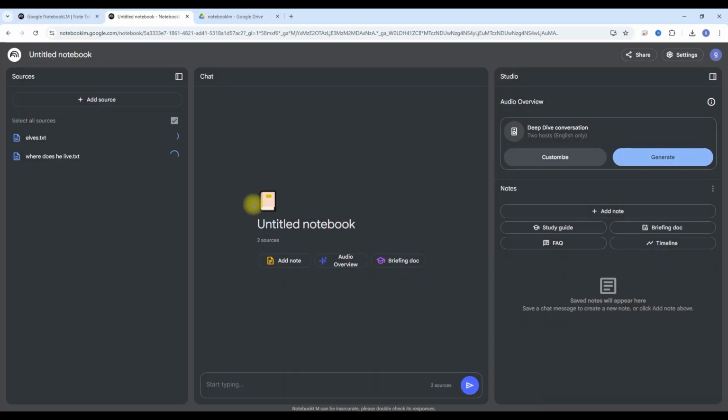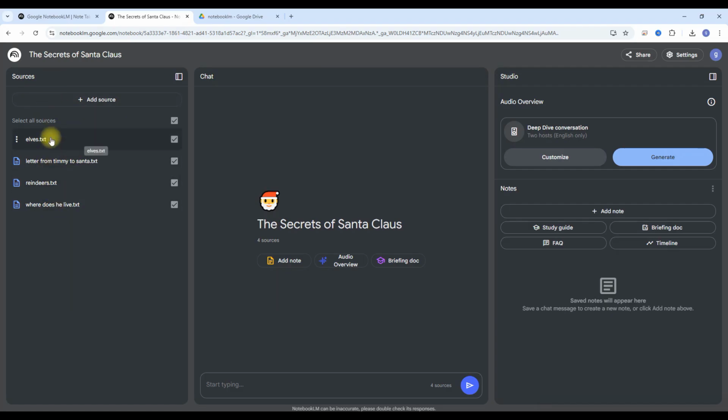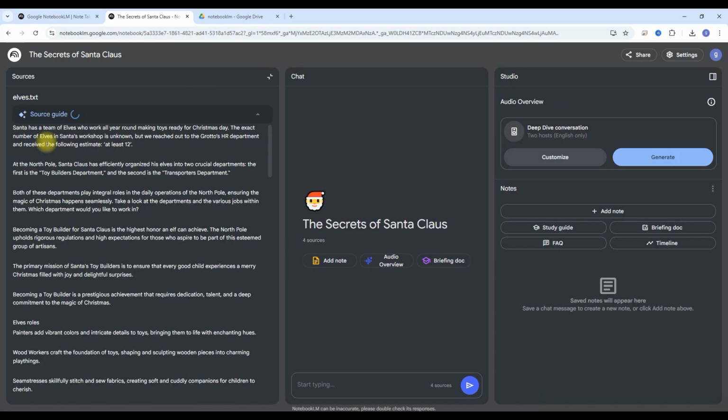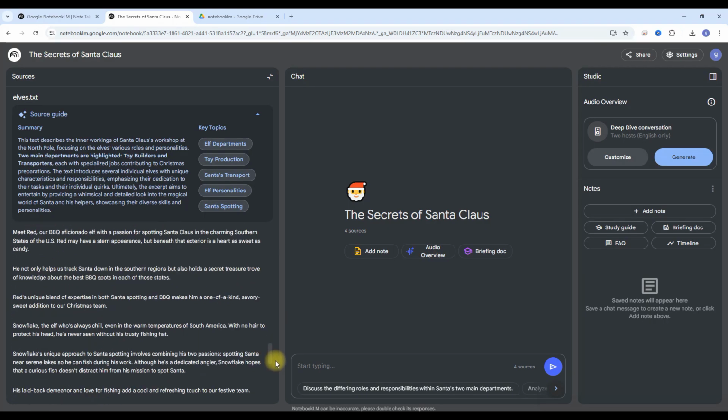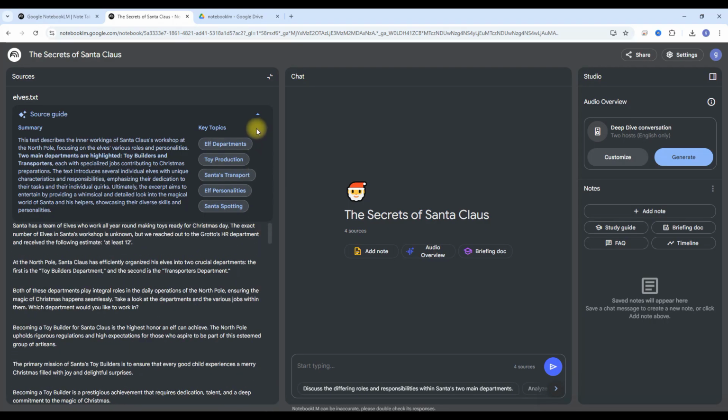It's opening it, it's reading them, and let's see what's happening. So on your left hand side, you have your sources, which you have updated. I can click on them and it will tell me what's inside my file. You can see that it has already identified things that could be useful, provided a summary of the file, key